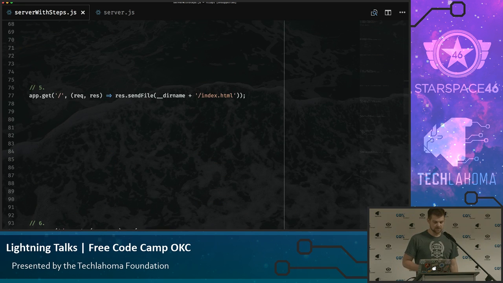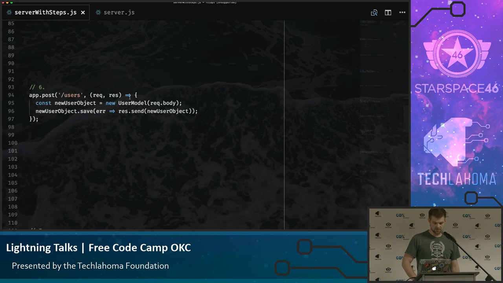So basically, the syntax for Express is you do app.get, and then you do the URI, and that sends back a request and response, which is typically by convention abbreviated to req and res. Right now, all I'm doing is serving up an HTML file, which you'll see in a second. And then from that HTML file, we're going to be doing a post request to users. So it's going to be whatever the host and port is that you're hosting on,